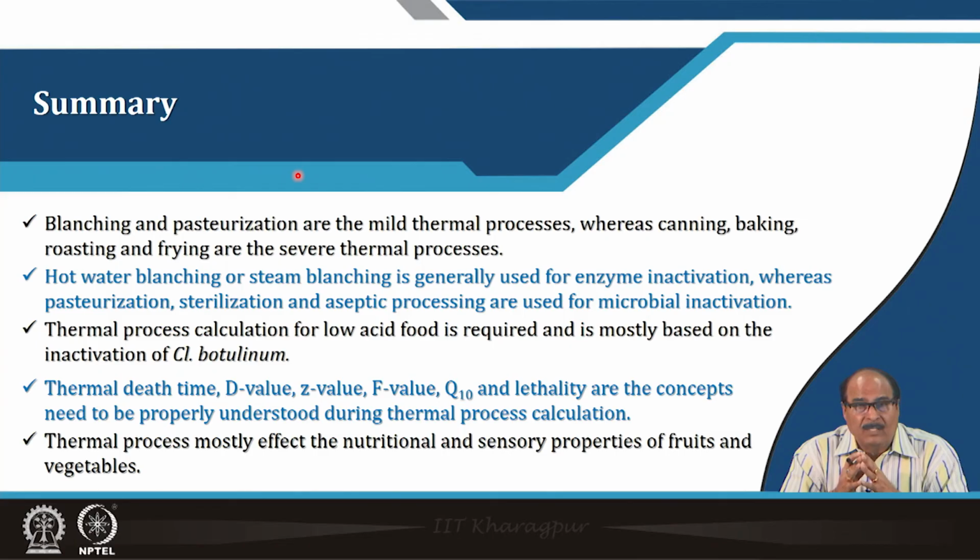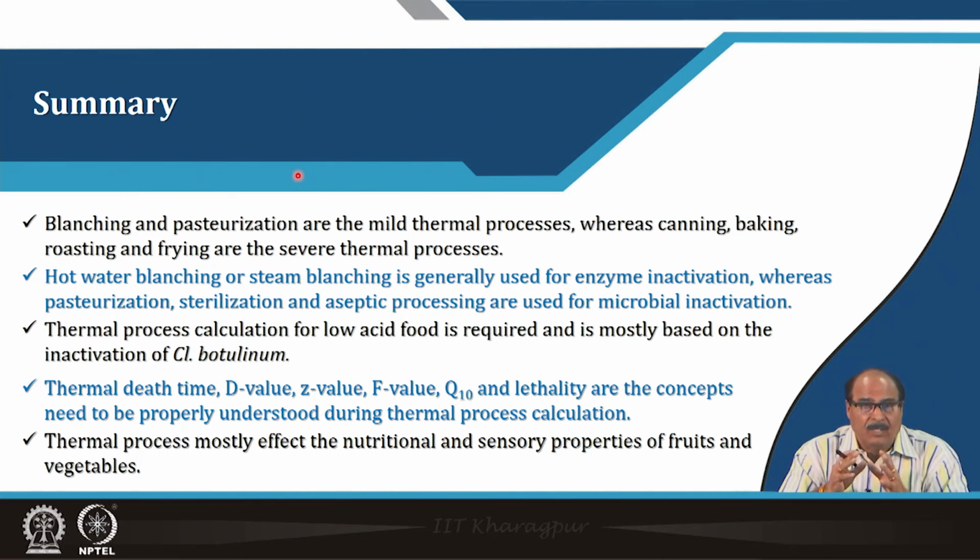Thermal process calculations for low acid food are required and are mostly based on the inactivation of Clostridium botulinum. Thermal death time, D value, Z value, F value, Q10 value and lethal rates are the concepts that need to be properly understood